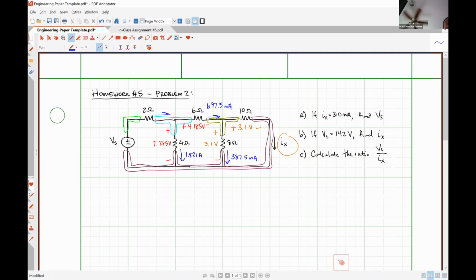Now I can find the current flowing through the 2 ohm resistor by applying KCL at that light blue node. So that current plus 0.6975 amps gives me 2.59 amperes, which allows me to calculate this voltage